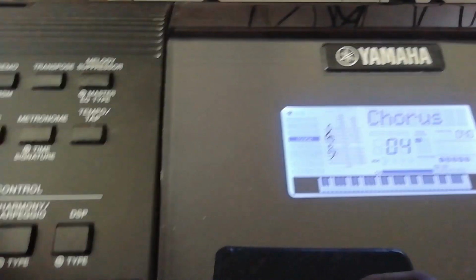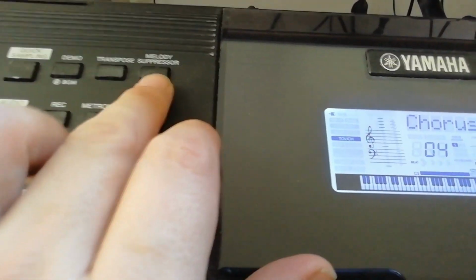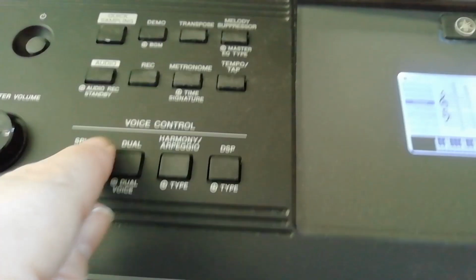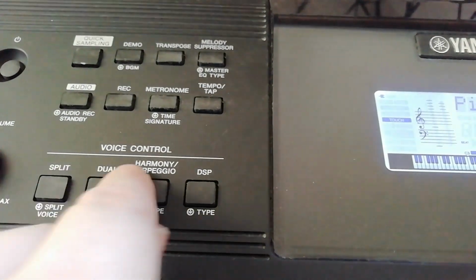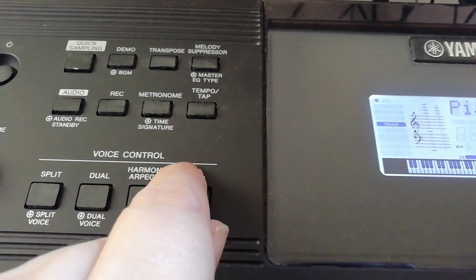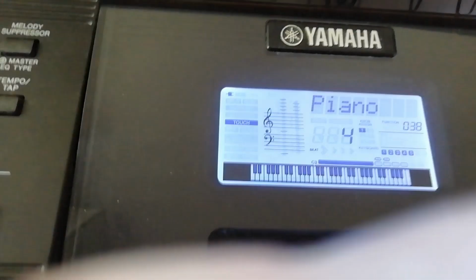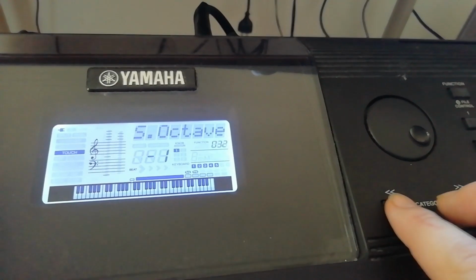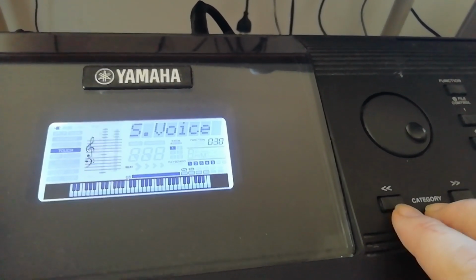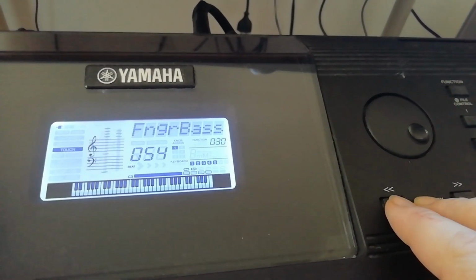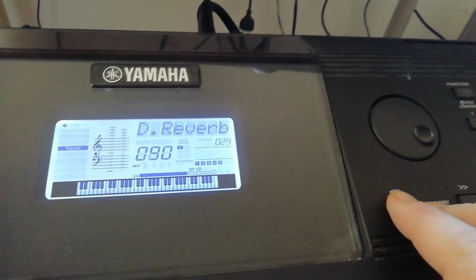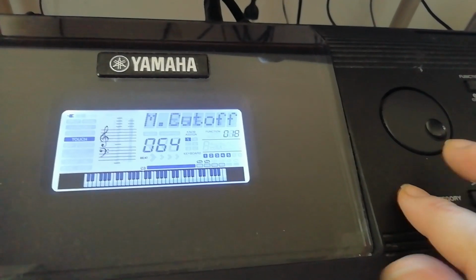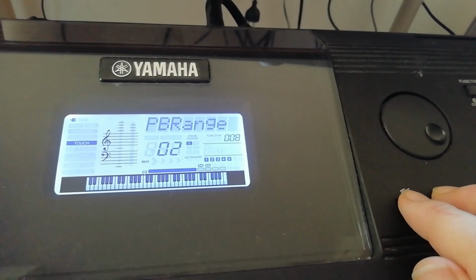But I found out, for instance, if I click here on Master EQ for a long time, you come back to the main menu, which is above that line voice control, where you have the category for switching through all the options of the keyboard, because that is a combination with what you store later in the keyboard itself.